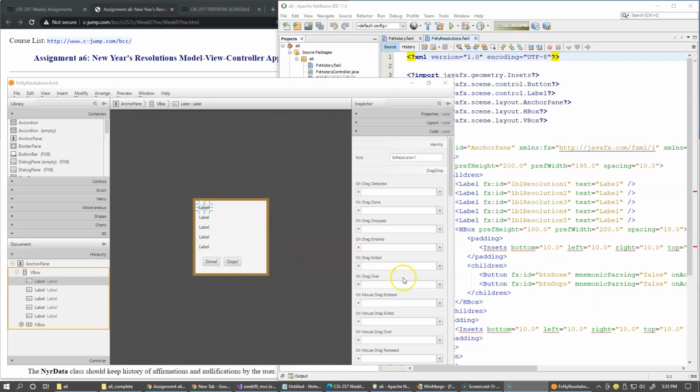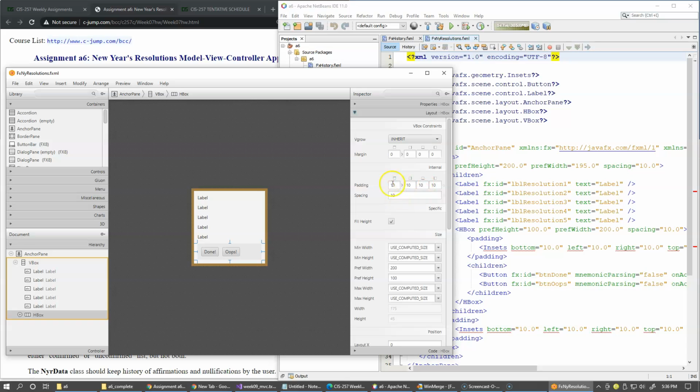And the 2 buttons are named button done and button oops. I have also placed the HBox, the horizontal box, before I added the 2 buttons to keep them aligned horizontally. Just like with the VBox, for the HBox if I switch to my layout view, you can see that I keep the same padding and spacing, like 10 pixels, to keep the controls a little bit apart. So these are the 2 buttons underneath the HBox, and this is my entire scene graph for the main